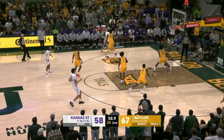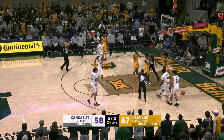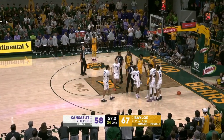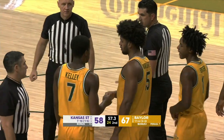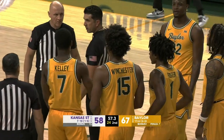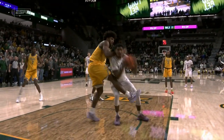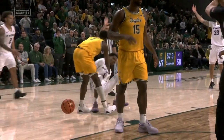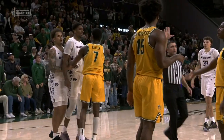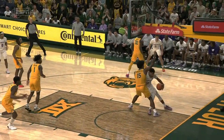K-State needs a quick one, under a minute to play. Oh, and a grab, and that's going to be an intentional foul called against Norchad Omier. That is not what you need if you're Baylor. And right here, a great pass. Oh, he just grabs his shoulder. He takes a shot, and the rule is, we talked about the no layup rule, but you can't just reach over a guy and bear hug him